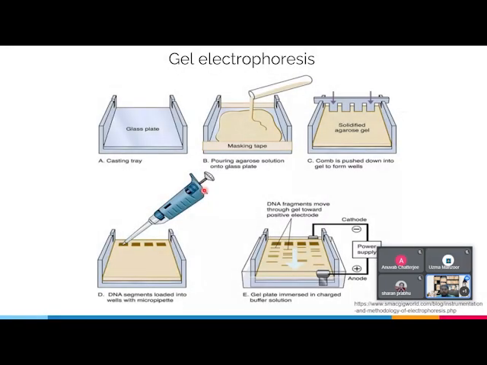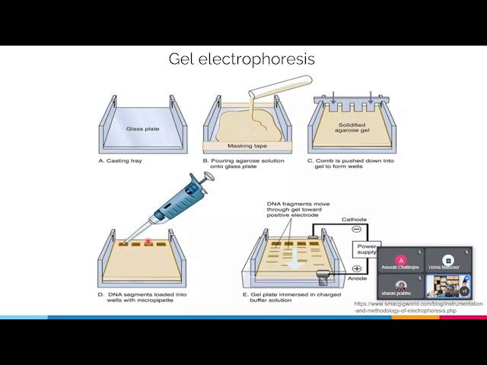Okay, so we'll try and solve this. This is the gel electrophoresis method. What we first do is form the agarose gel, in which we first use something known as a cast, and we pour our agarose solution into it, which is heated at a high boiling temperature to mix the agarose, and when it cools down it will form a gel-like structure. We will then have a solidified agarose gel in which we form the wells using a comb such as this,